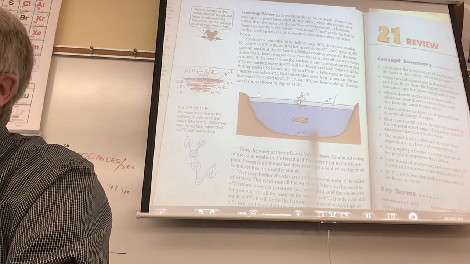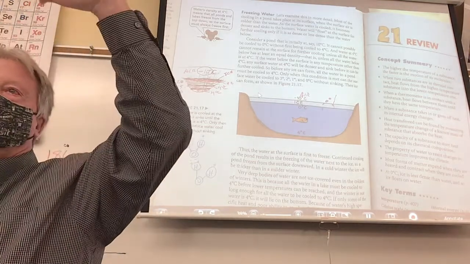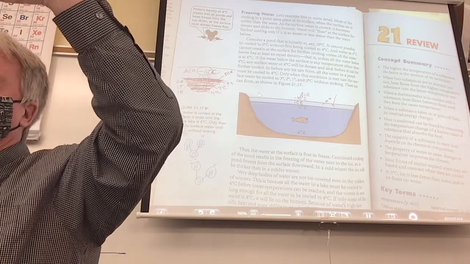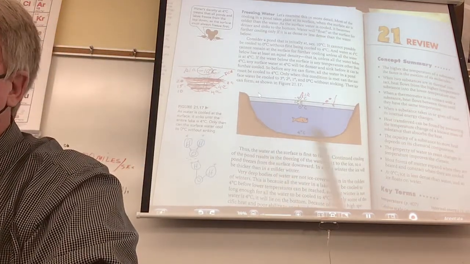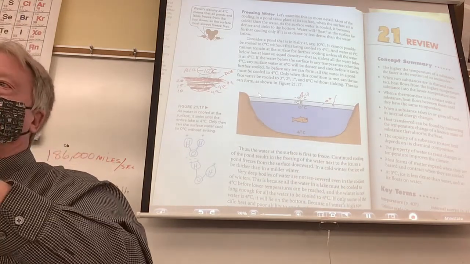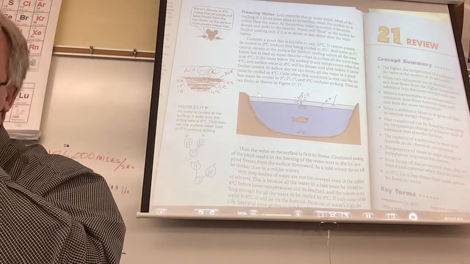If water acted like everybody else on the planet, here's what would happen. The water at the top would go to 0, and then it would be the most dense, and then the ice would go to the bottom. And this would fill with ice, and fill with ice, and every living thing in that water would be pushed to the top, and you'd hear about some celebration that some country